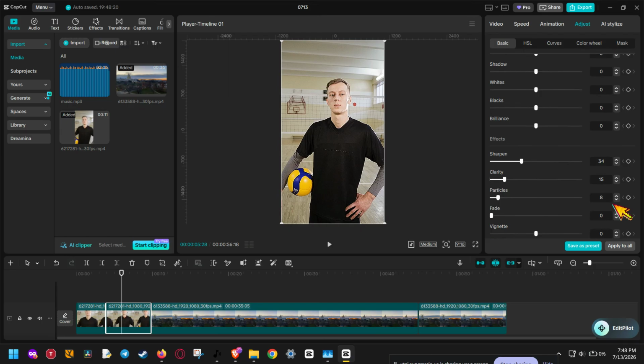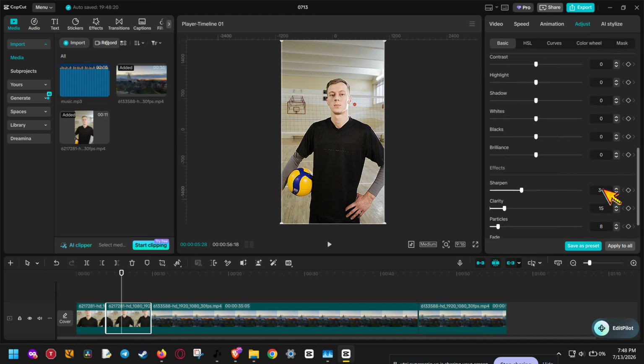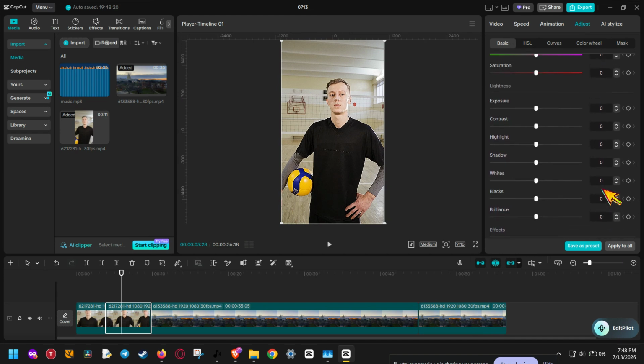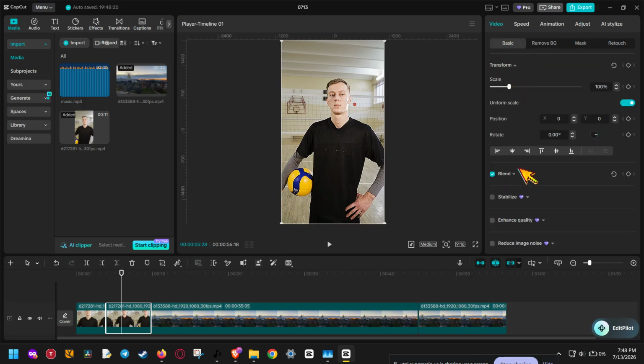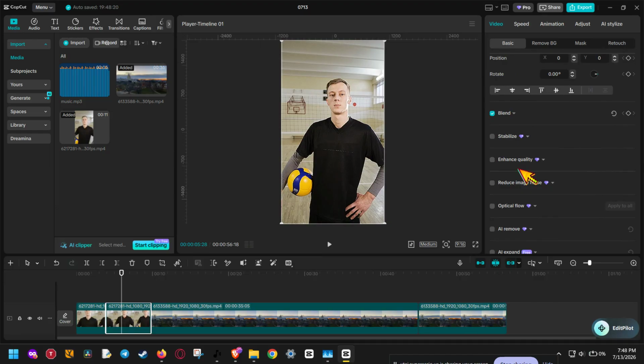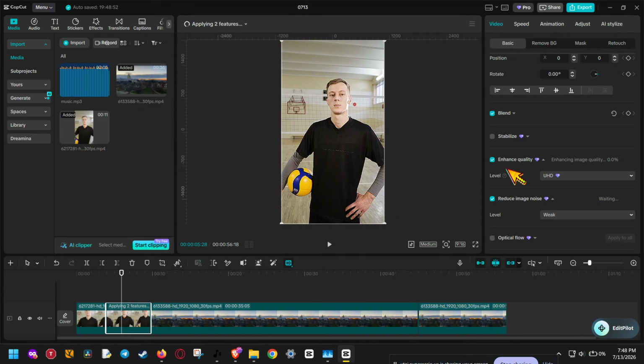and more polished. Now, if your footage is grainy, dark, or just low quality to begin with, there is also an optional pro feature that can help. Go to the video section, then open the basic panel on the right side. Scroll down and look for reduce image noise and enhance quality. If you have access to these options, turn them on. These tools can help clean up rough footage and improve the final appearance, especially in scenes with shadows, noise, or weak lighting. Just remember, these features work best when combined with good export settings, not used as a replacement for